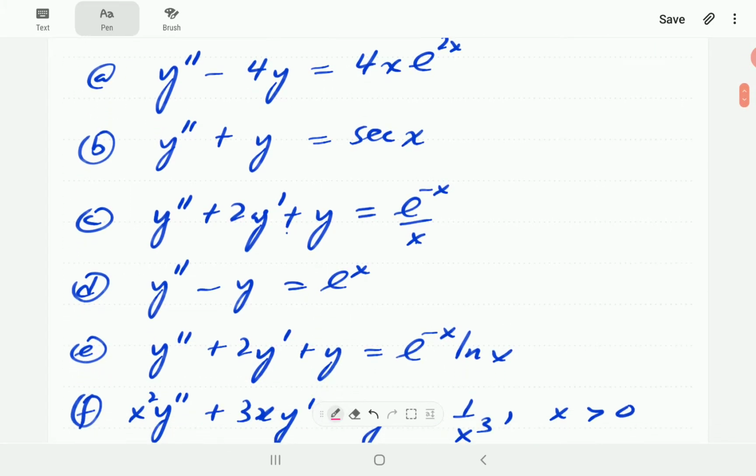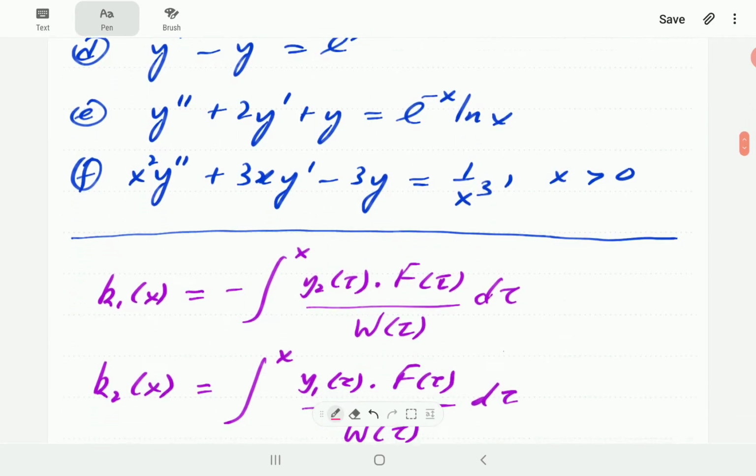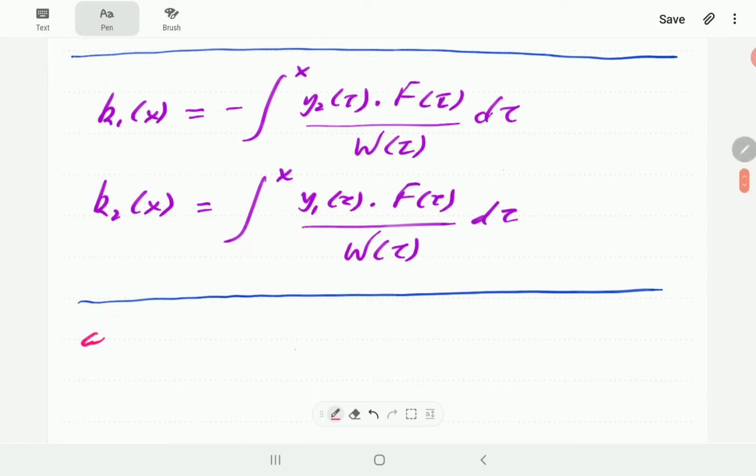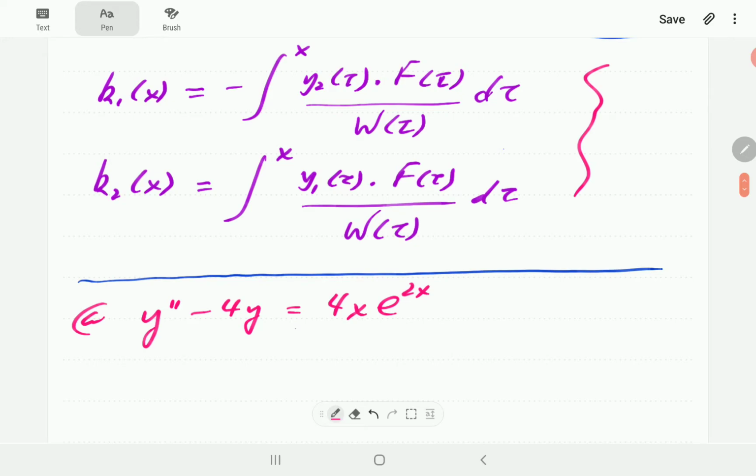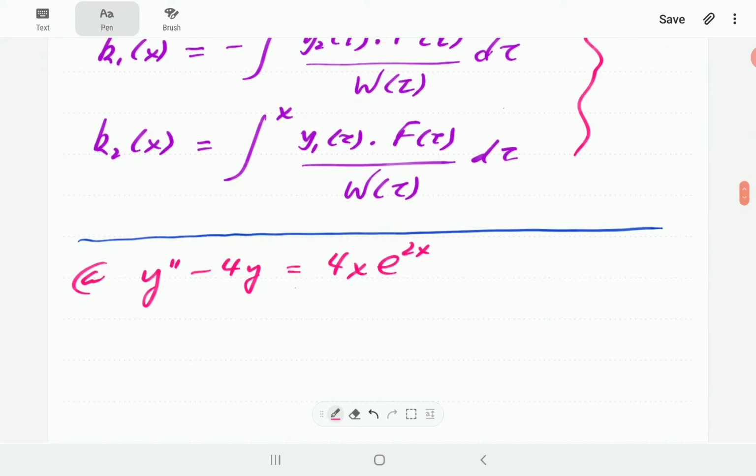All right, so in part A, we have y double prime minus 4y equals 4xe to the 2x. We have listed the two formulas that we're going to use here. All right, so the associated homogeneous equation is going to have the characteristic equation r squared minus 4 equals